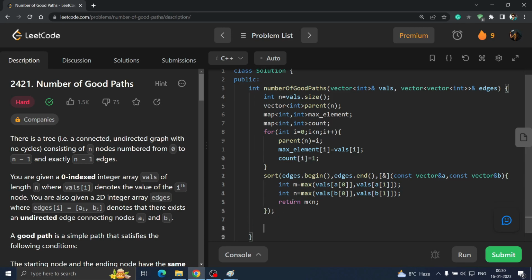So now what we have to do, we have to get the answer. So initially answer would be equal to n, the maximum number of values available. Yes or no? As I told you in the explanation. And there can be more good paths, and that we have to find. Now we have sorted the edges, we can easily find it. We will iterate through it. How we can iterate? For auto